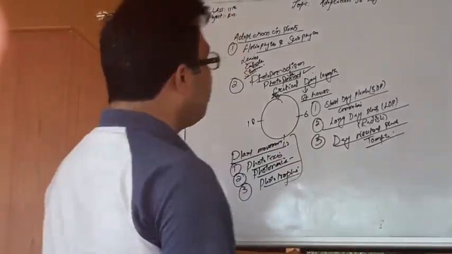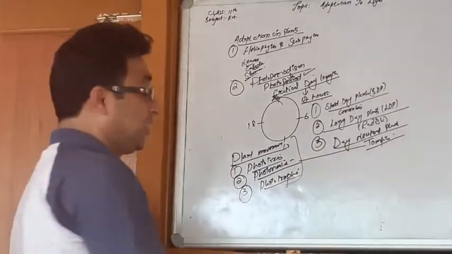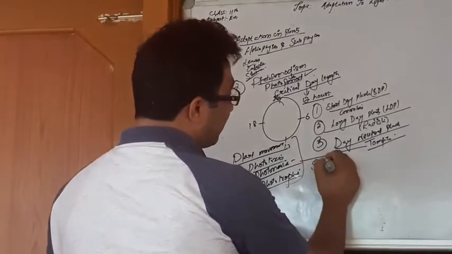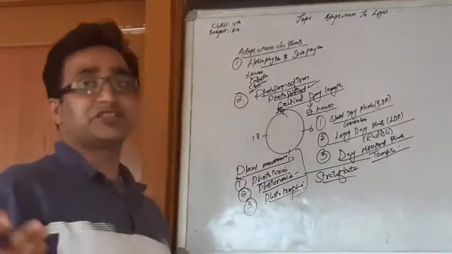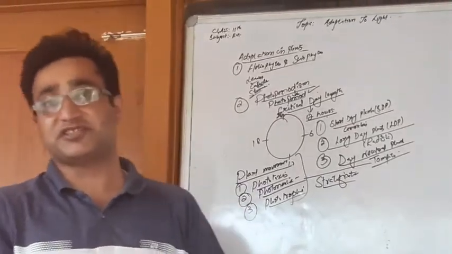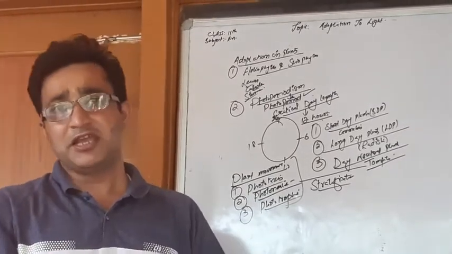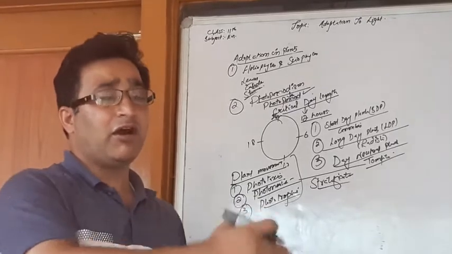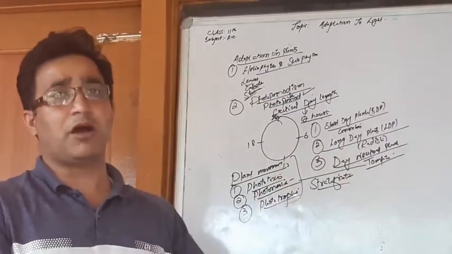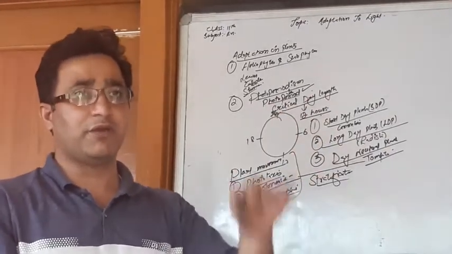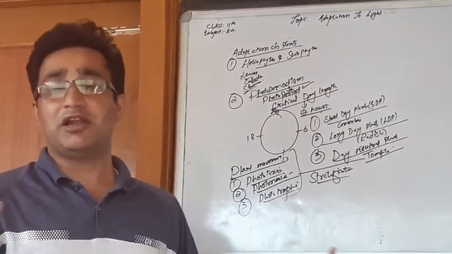तो एक और important phenomena which is shown by the plants towards the light, that is known as stratification. What is stratification? This is layering or zonation of the different sizes of the plants. Particularly it is more prevalent in the forest. In forests what we see, there are present almost 3 to 6 layers of the plants. For example, tall plants followed by medium-sized plants, followed by short-sized plants, and then shrubs, herbs, and ultimately by the